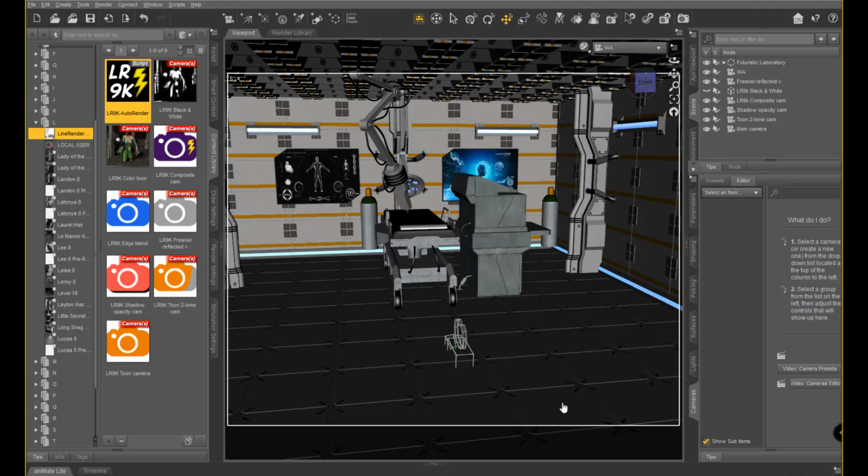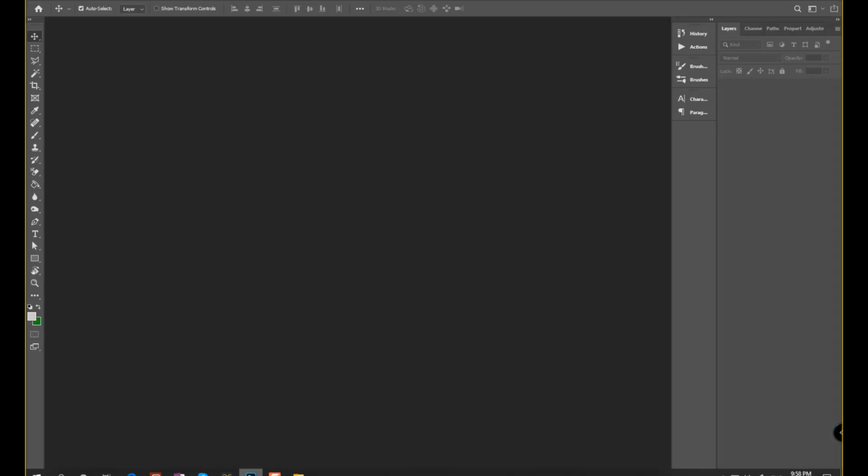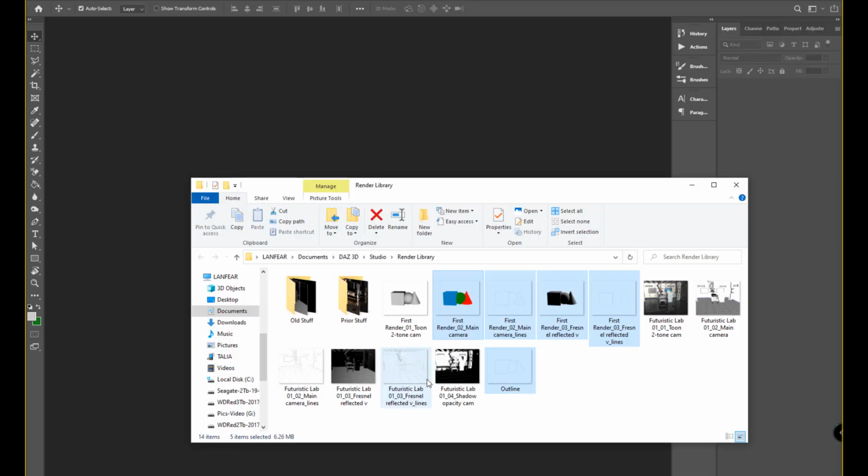Yep. So let's go back into Photoshop. I was just about to say though, if you are creating a comic book, you're doing an average of 6 renders per page. And typically, if it's a print book, it's 48 pages. That's a ton of renders to do. So if it's a slow render,